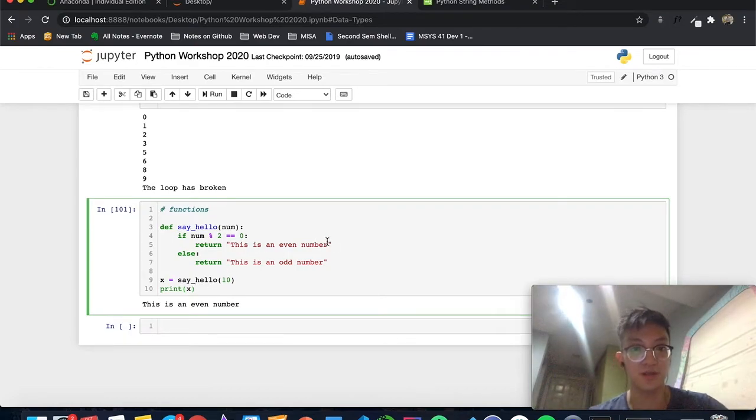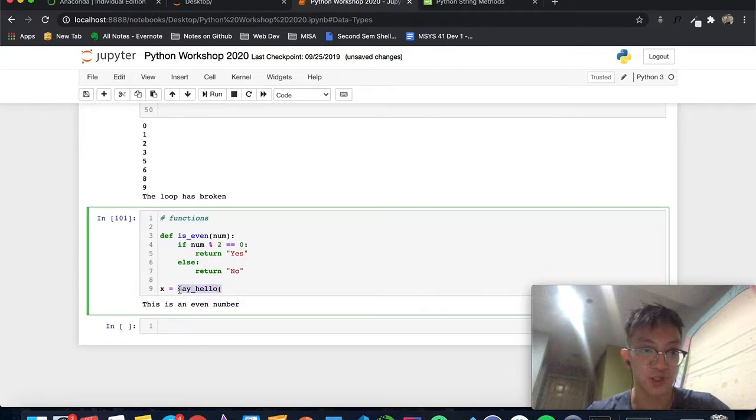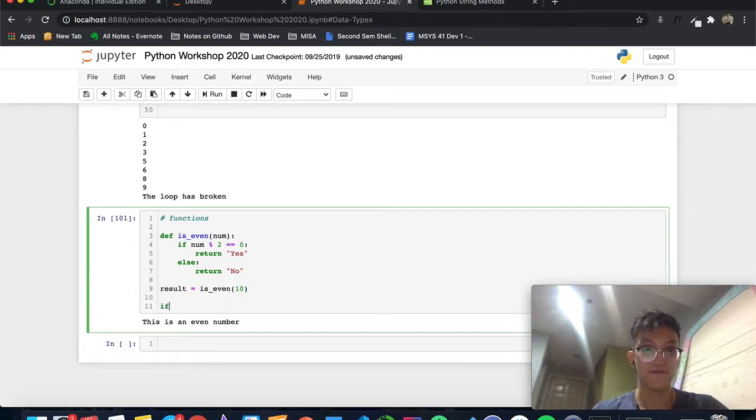So for example, we say yes. Let's name this is even. We put no. Then store it in here. We're storing it in x. Is even. Then we store 10. Let's say this is result. Result is even 10. If result is equal to yes,